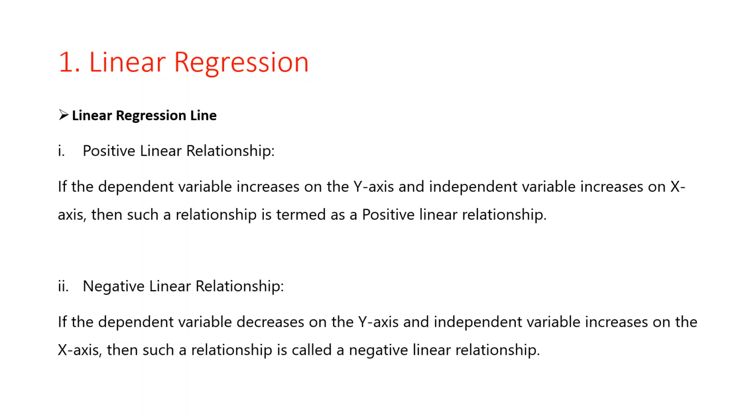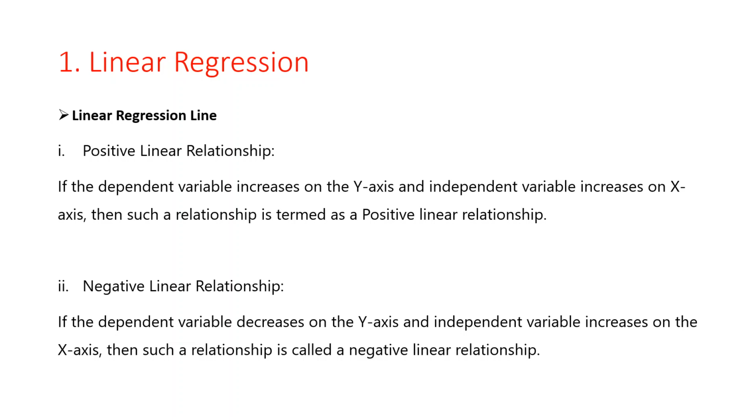The next is a linear regression line. Okay, so the linear regression line shows the relationship between the dependent variable and the independent variable, which is called a regression line. Okay, so this regression line contains two types. The first is a positive linear relationship, and the second one is the negative linear relationship. Okay, so if the dependent variable increases on the y-axis and the independent variable increases on the x-axis, then the relationship is called a positive